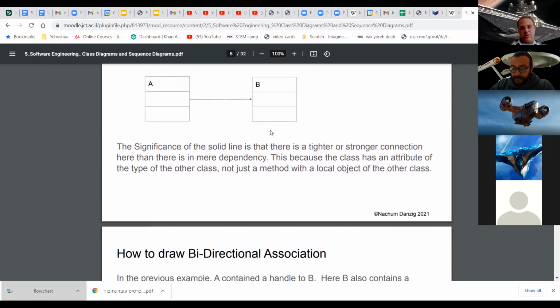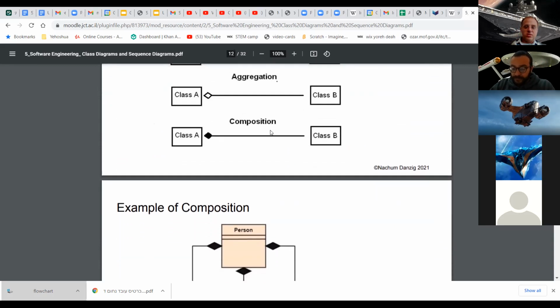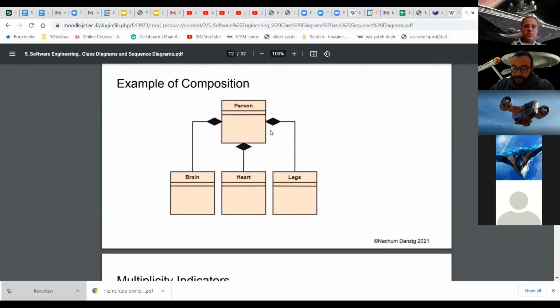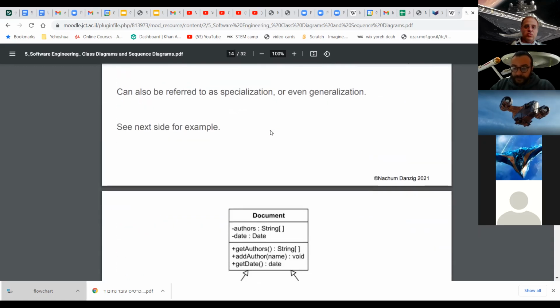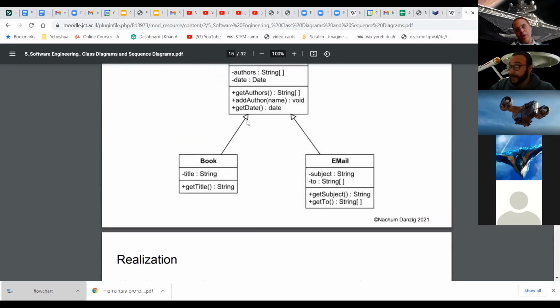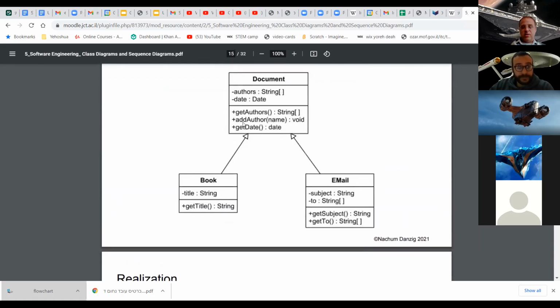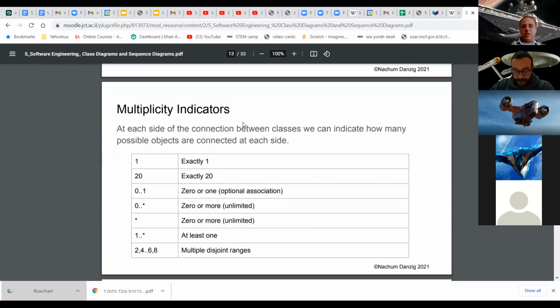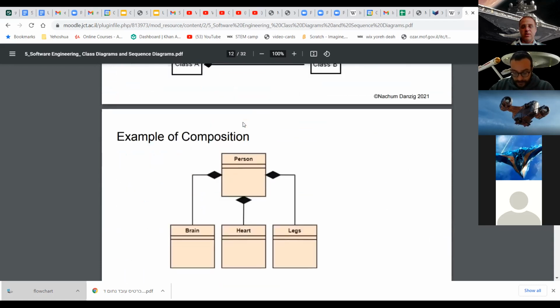You want to see inheritance? Inheritance is drawn with an open arrow end and a line. So what's the difference between inheritance and association? Well, we didn't get to inheritance yet. Not inheritance, I meant whatever the other one was,